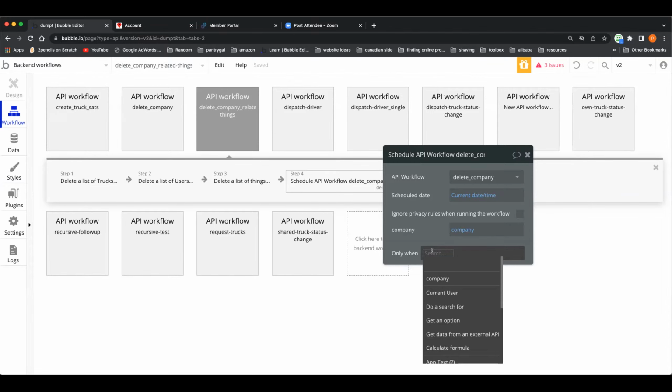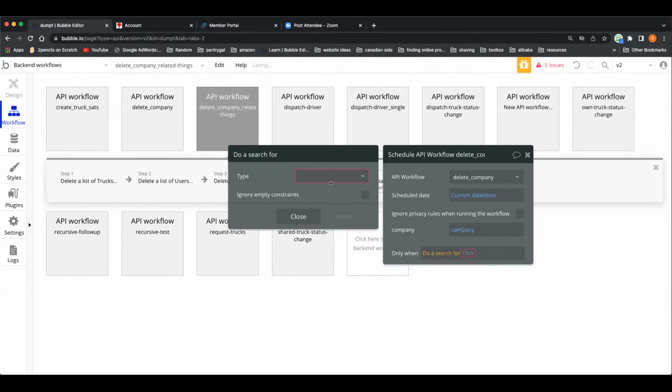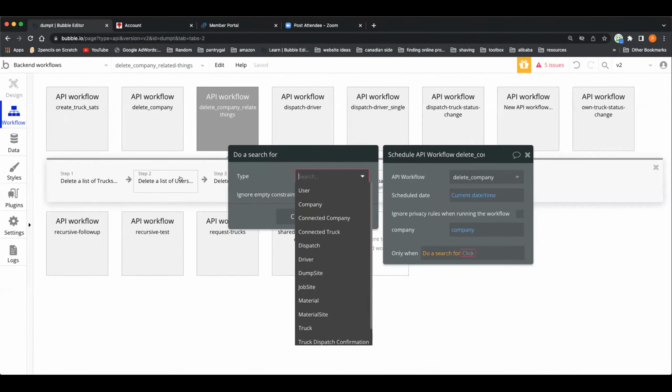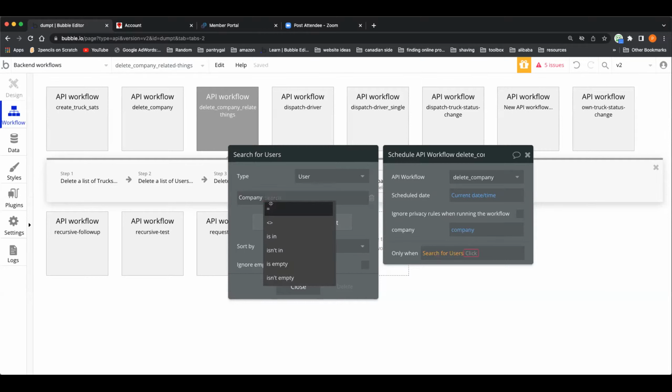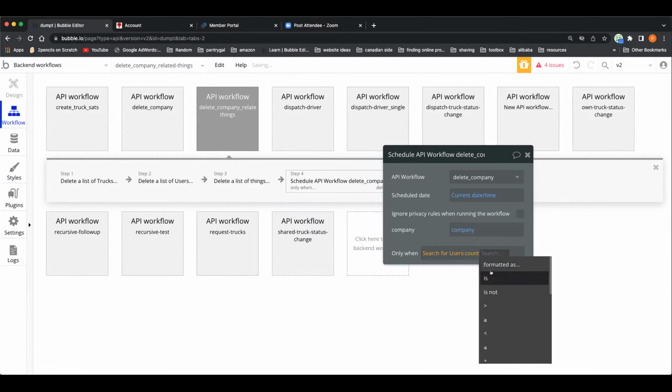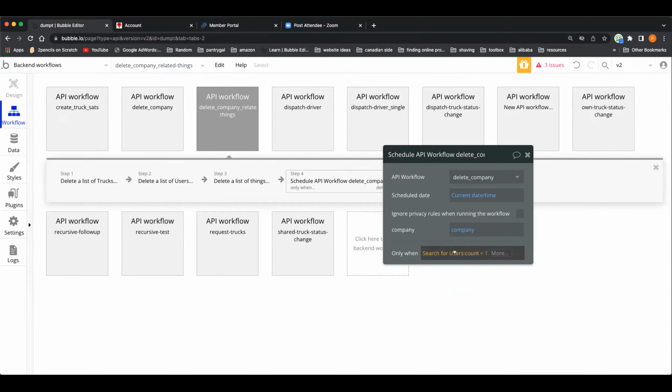Let's do a search for users where the company equals company. And then the count, search for users count is less than 1. And then